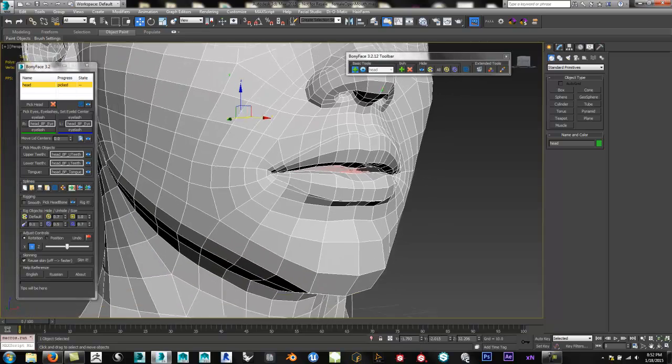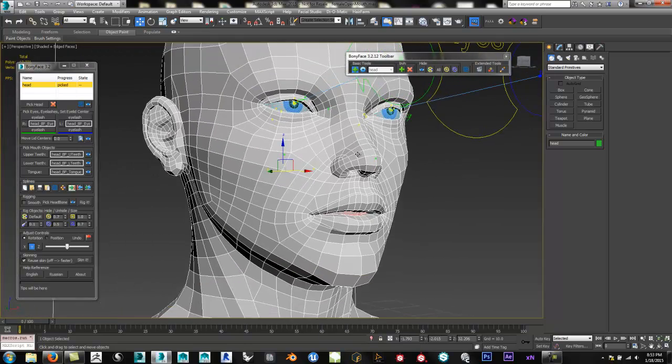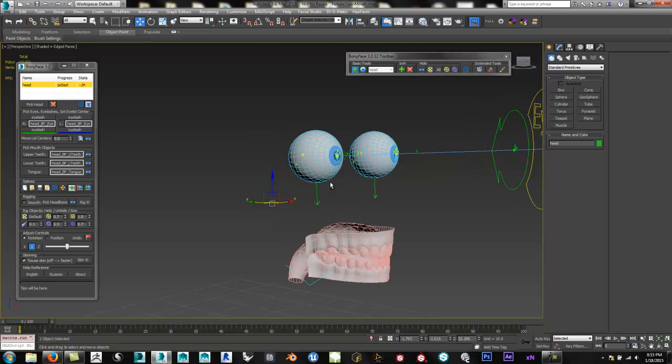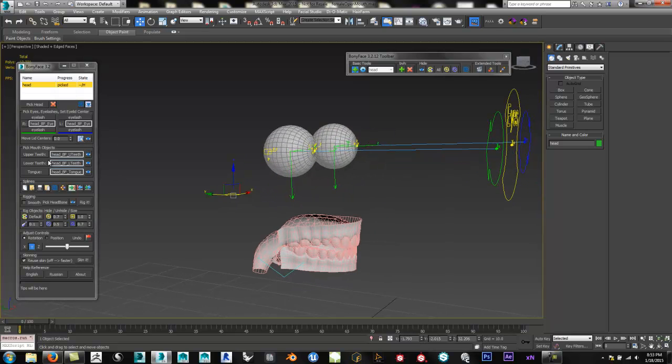control splines. And the last thing I want to mention before we generate the splines is the Move Lid Center option here over in the BonyFace menu. I mentioned this briefly in the last lesson, but I'm not sure if it was completely clear, so I just wanted to clarify some things with this. I'm going to turn the head off for a second so we can see the eyes. And even here, right next to the Move Eyelid Center, there's a little button to make the eyes see-through. And this slider moves this